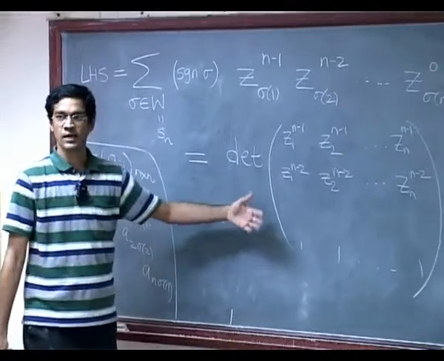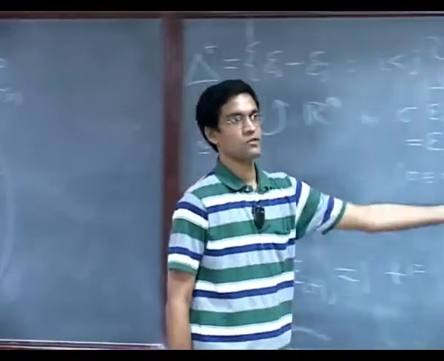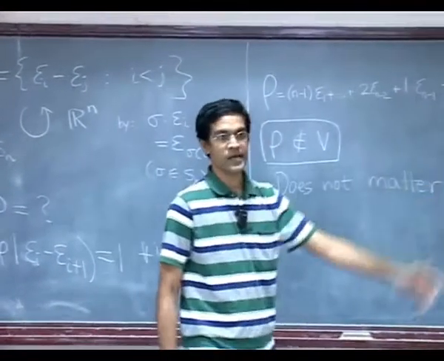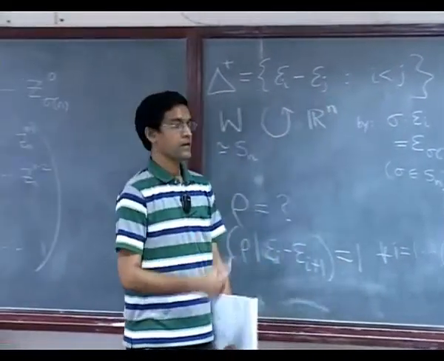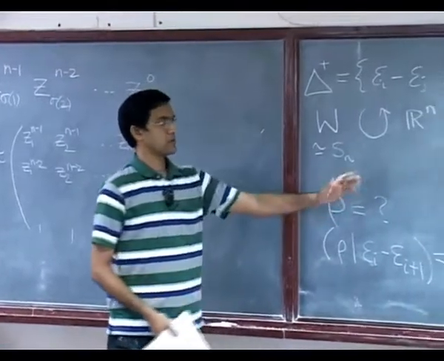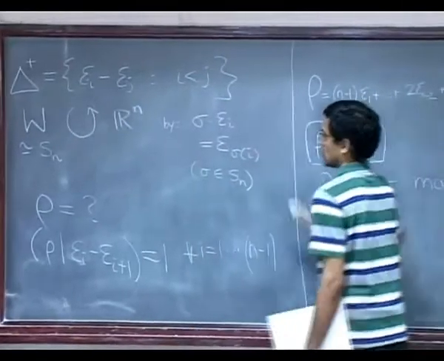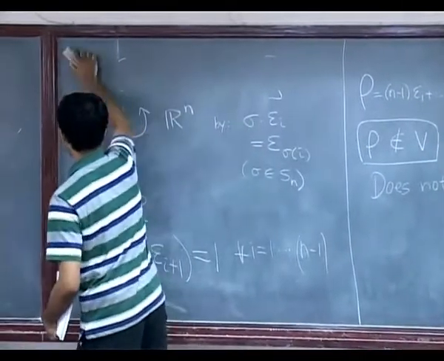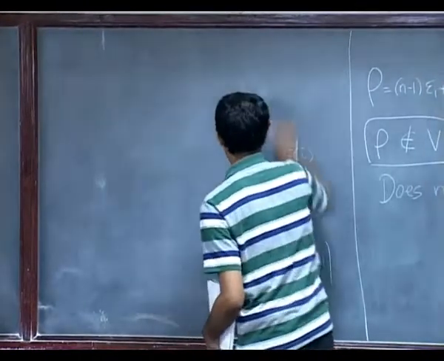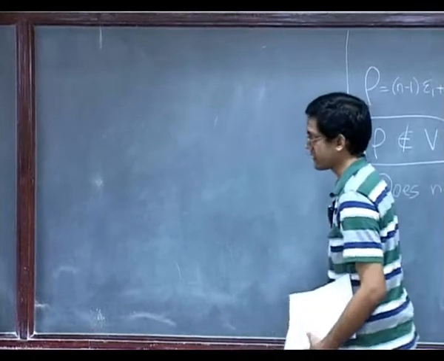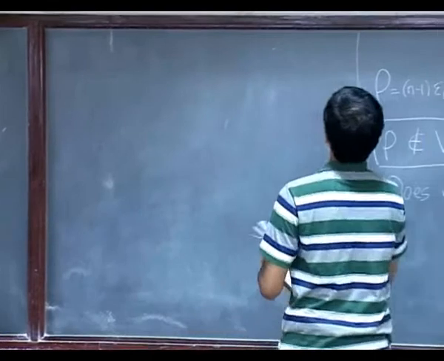That is the sum side of the identity. The product side of the identity is the very familiar answer for what the determinant is. It is just a product over all z_i minus z_j where i is less than j. So the Weyl denominator formula, when you apply it to SL_n, is nothing but the formula for the Vandermonde determinant. I wanted to make a few points, the main one being that the choice of rho does not really matter, because it is only w rho minus rho that enters all these equations.